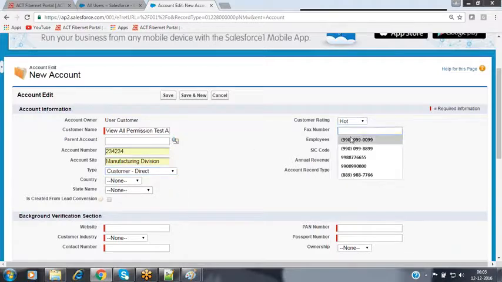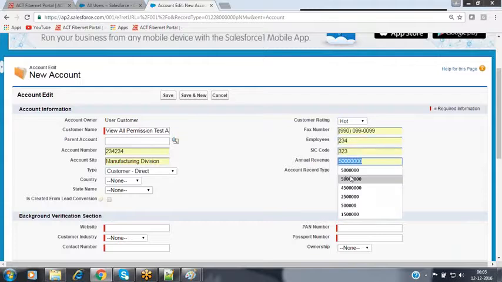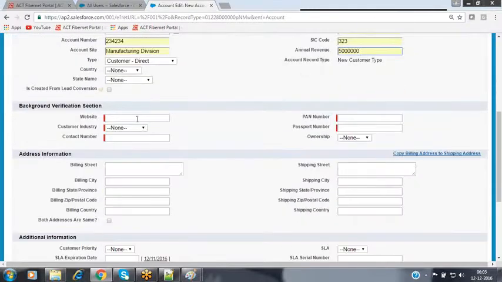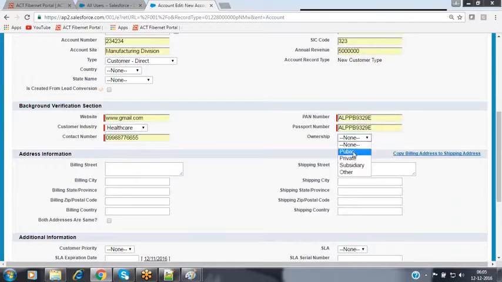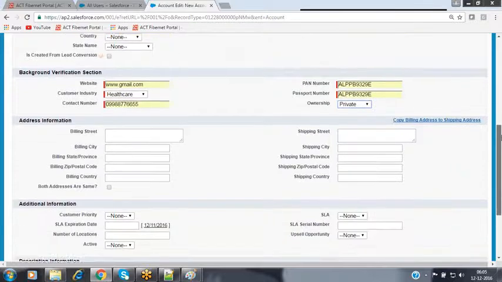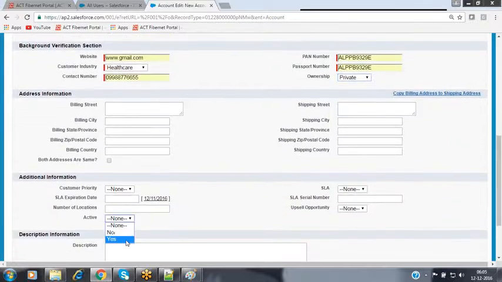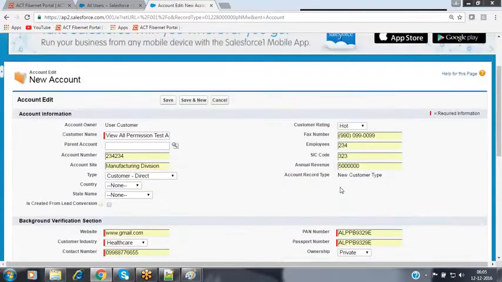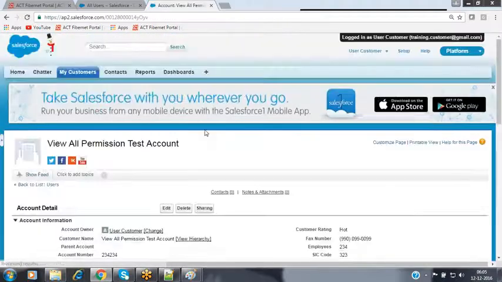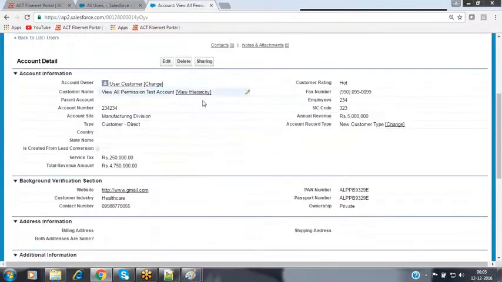I'm entering the rating value, fax number, employees, and the annual revenue, and the remaining field values also, in order to create that record. I'm making this account record active. Now I have entered all the details. Click on the save button. Now this record has been created.